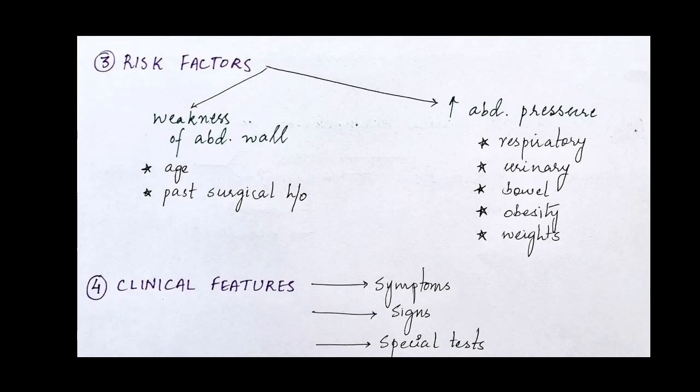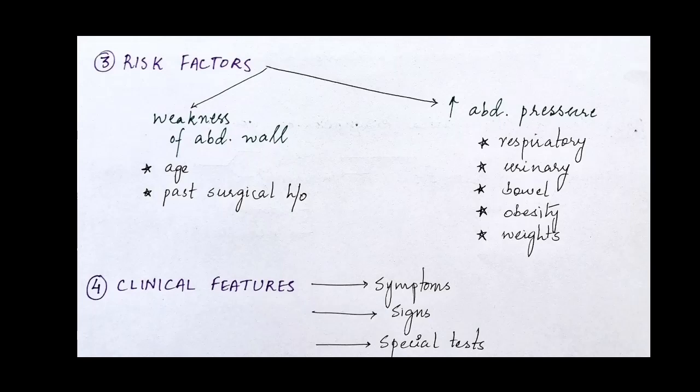intra-abdominal pressure. So weakness, of course, with age, you're going to get weakness of the muscles, and that can cause hernia. This is more commonly for direct inguinal hernias because those are the ones that protrude directly through the muscles. Secondly, you have to ask about past surgical history. This includes appendectomy, only open appendectomy, not laparoscopic. And the reason this happens is because the ilioinguinal nerve can be damaged, which in turn causes weakness of the muscles that it supplies. Again, this is specifically only for direct hernias.